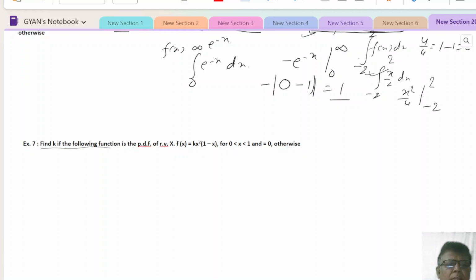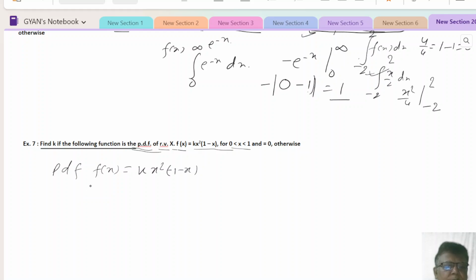Now come to question number 7. Find k if the following function is the PDF of a random variable x, that is f(x) equal to k x square times 1 minus x, for 0 to 1. So for a PDF, the integral of f(x) dx from minus infinity to infinity will be equal to 1. But it is defined between 0 and 1 and the remaining is 0. That means minus infinity to